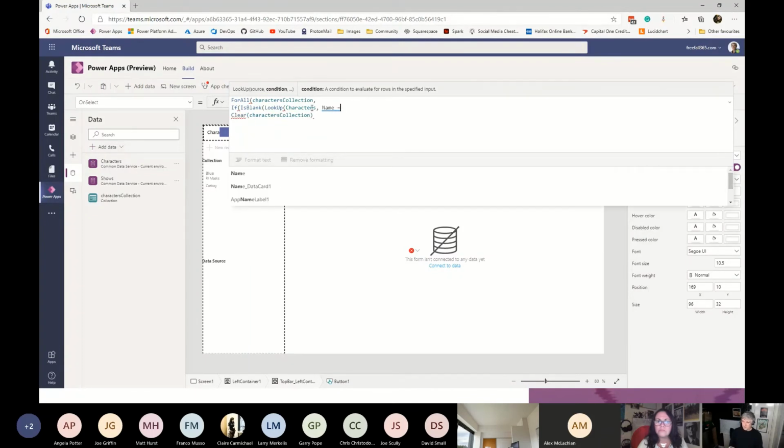So we're saying look in this data source for a name equals ID. For each one of these, it's going to pick up the first one first. Well, it actually does it all at the same time, I think. It's going to say, look at Catboy, find the record that's Catboy. If that is blank, so if it doesn't find a record, we are